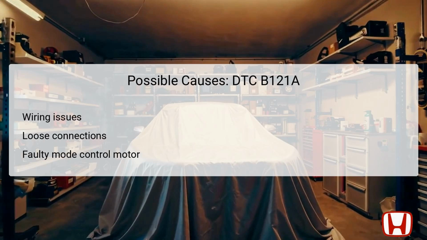Several factors can lead to the error code DTC B121A. One of the primary concerns is wiring issues, where the condition of the wires connecting the climate control unit to the mode control motor may have deteriorated, creating a break or an open circuit. Another possible cause could be poor or loose connections within this circuit, which may prevent proper electrical signals from reaching